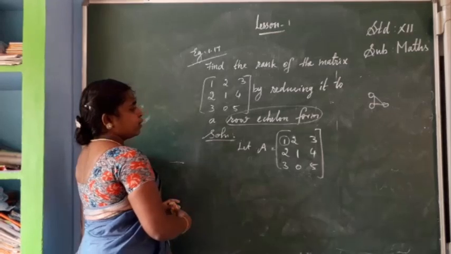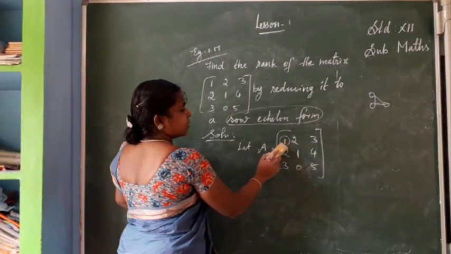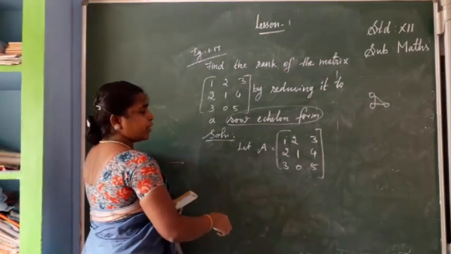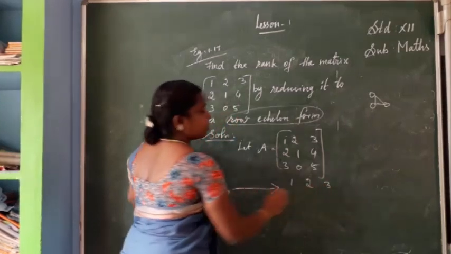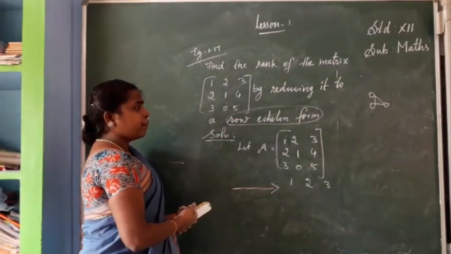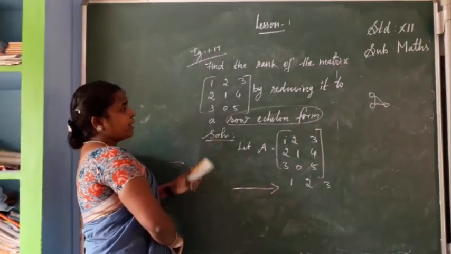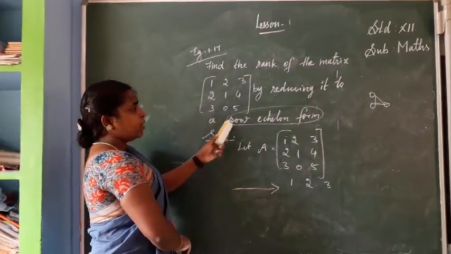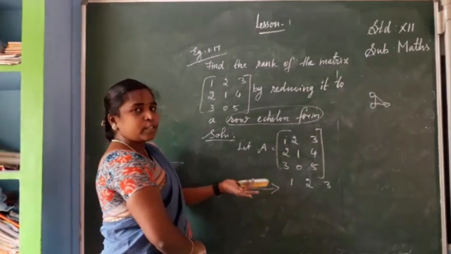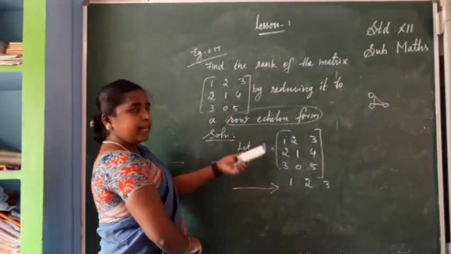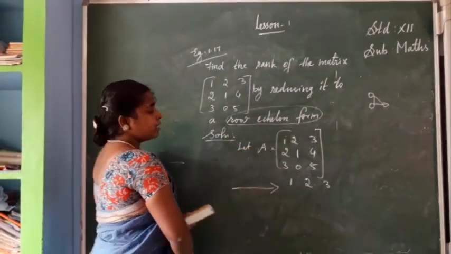So now we are going to convert. First you check the first element. It is non-zero because 1 is non-zero. So in the first row there is no change: 1, 2, 3. This is the first step. Then the second step; I already explained about echelon form in the last class, so revise that concept once again. First we need one non-zero element, it may be positive or negative, no problem. If it is 0, you have to interchange with a row below the first row.